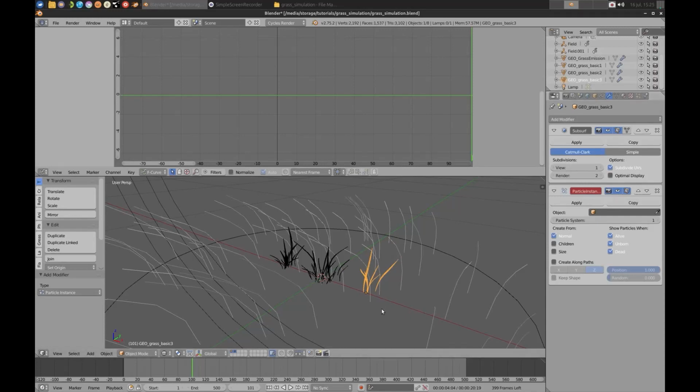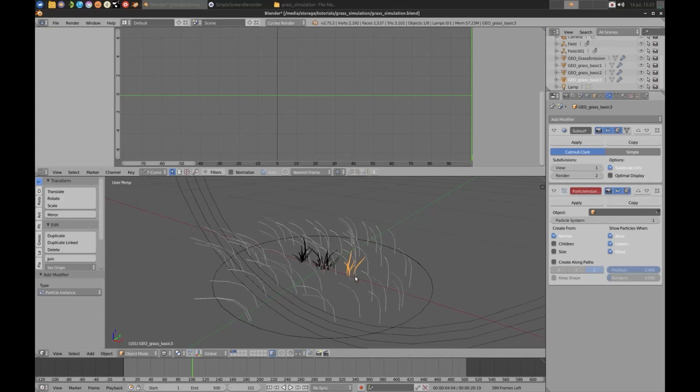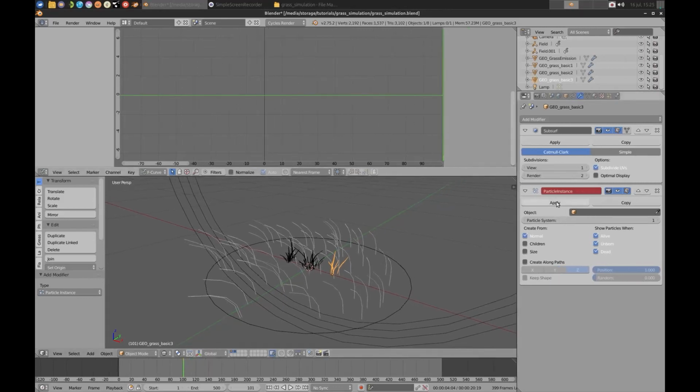It's a bit misleading because really instances in rendering terms are objects that are pushed into memory once and that are instanced over our scene. But what the particle instance modifier actually does is just create a duplicate, and that results in a bigger mesh, and that will also create more memory overhead. So really, we kind of opted during Gooseberry to call it the particle array modifier, but the name really doesn't matter.